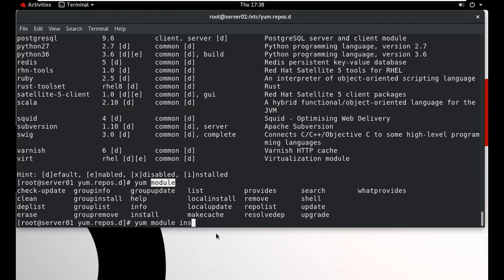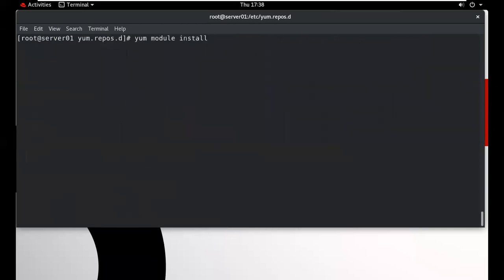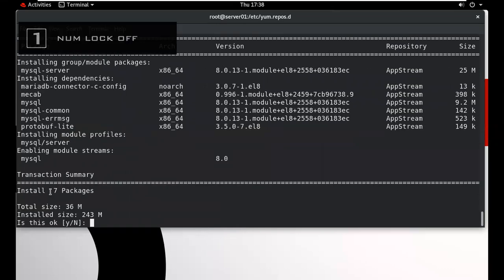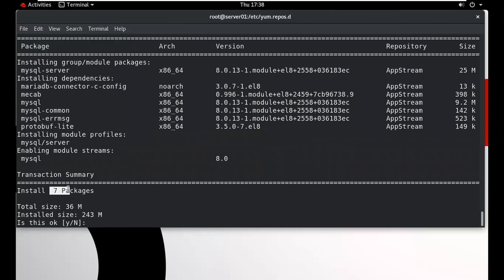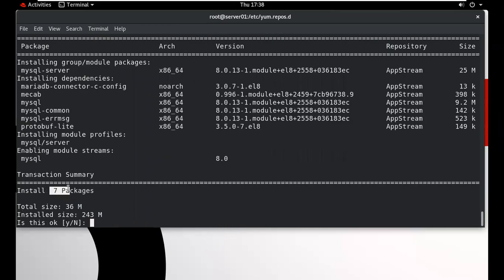Module install. And which package do we want to install? Suppose we want to install the MySQL database. So we can install it this particular way. How many packages does it have? It has 7 packages available, and these 7 packages will be installed in your system.